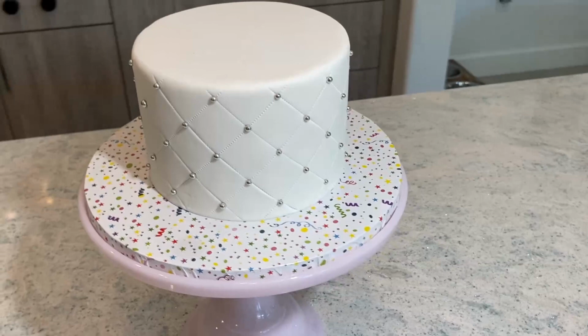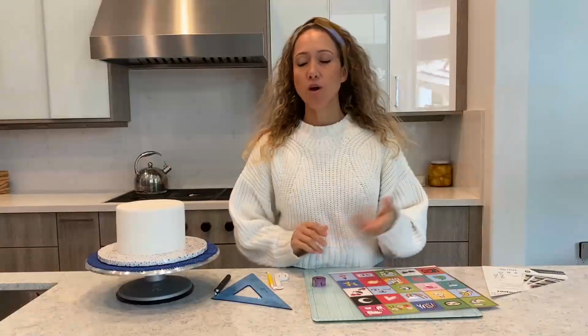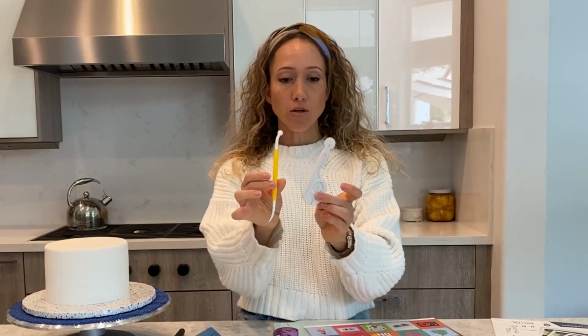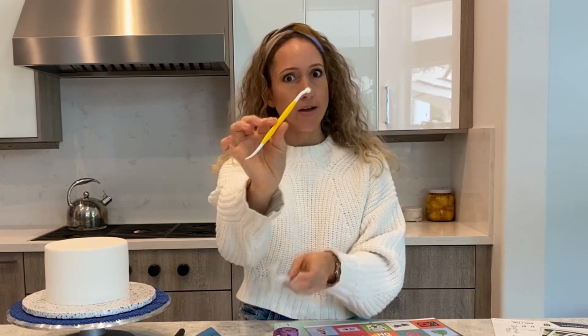Hi guys! In today's video, I am going to show you how I make a quilted pattern on a cake. Okay, so for this project, we need a cake covered in fondant, a soft measuring tape, a quilting tool. Most of them will work, but this specific one is my favorite and I find it easier to